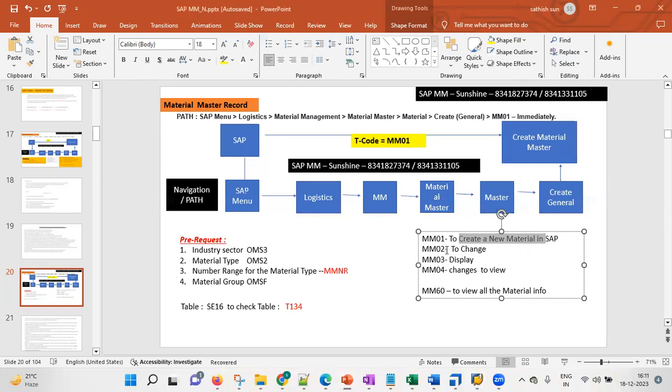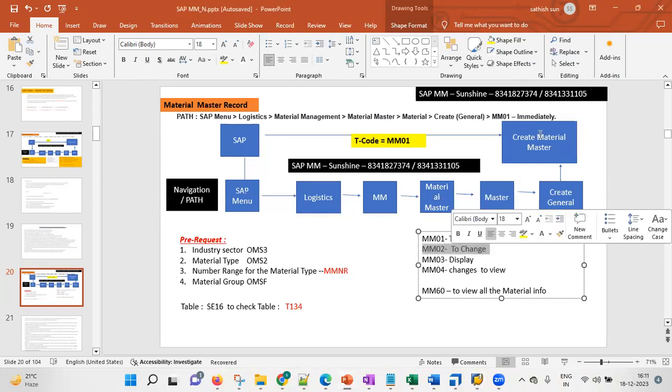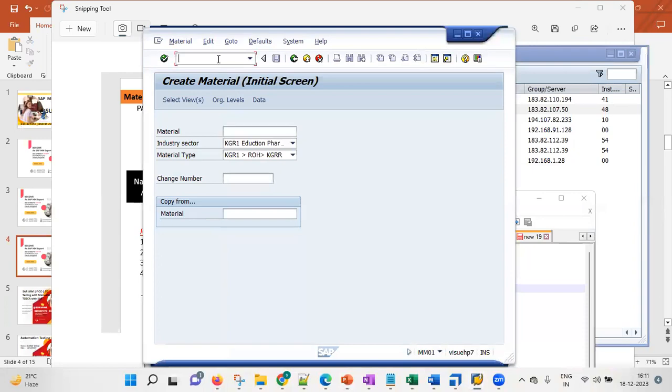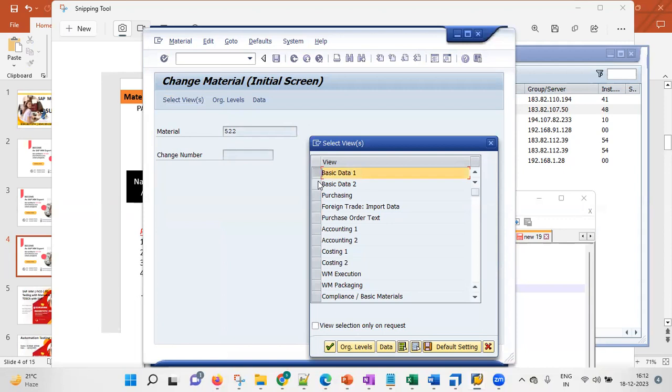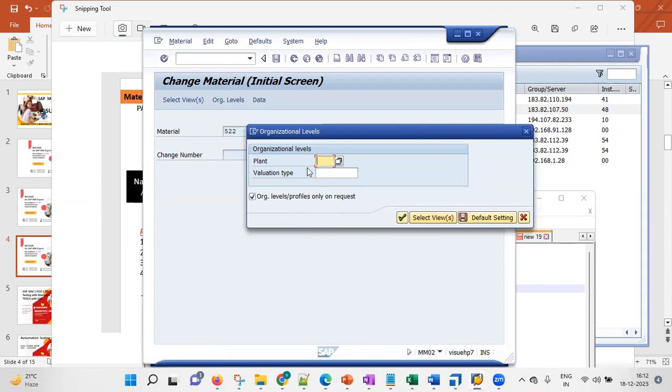Next one is MM02. MM02 is for changes. /n MM02, enter. Which material do I have to change? Provide that material number here. I want to change the information of material 522, so I give 522 and select views: basic data 1, basic data 2, purchasing, accounting, costing. Organizational levels, plant,